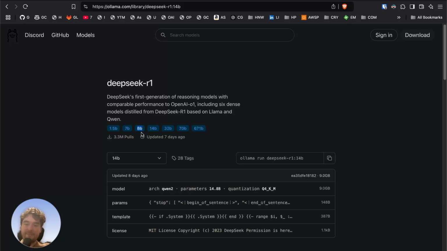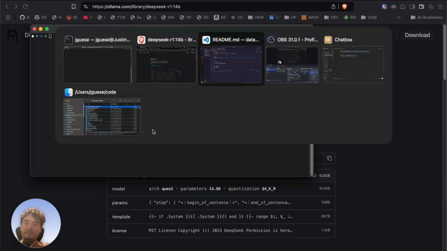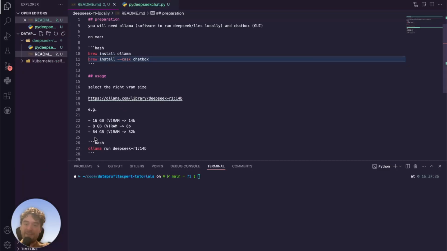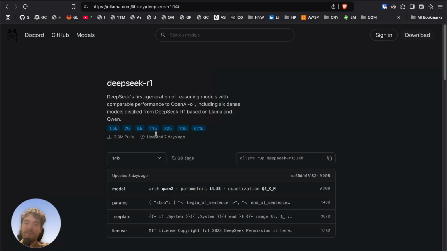on a 16GB MacBook. But if you're looking for more quality-based results, you would choose the 14B model. Then, of course, if you have one of these really big MacBooks with 64GB VRAM, you could even choose the 32B model. And of course, if you have a server, you could look at the 70B or even the 671B model. But as I said, in this tutorial we are going to look at consumer hardware, 14B, 8B,